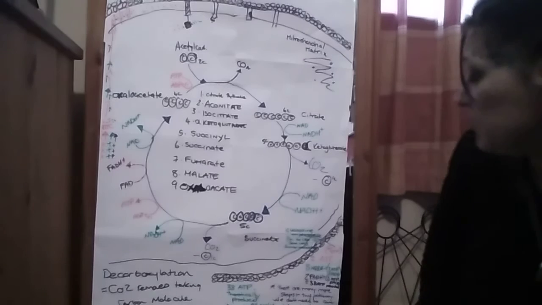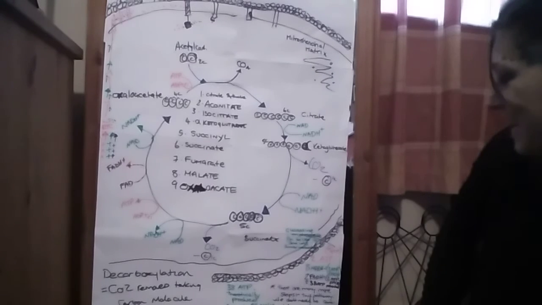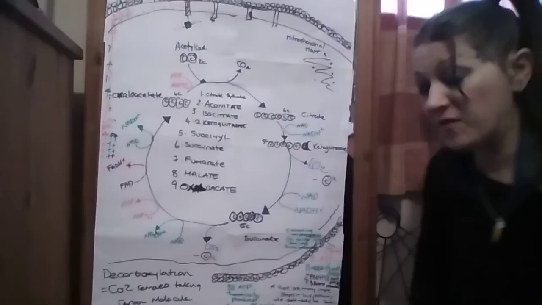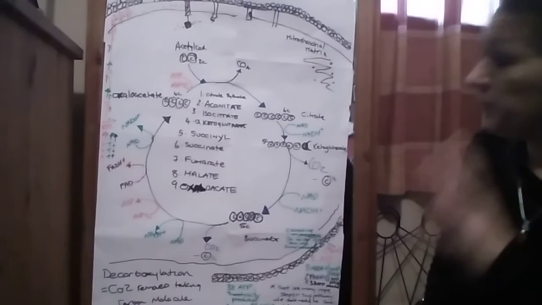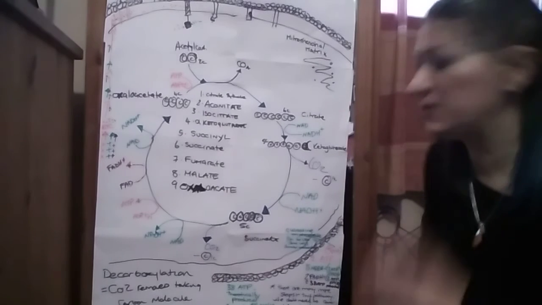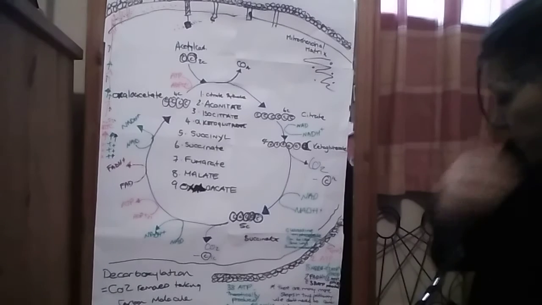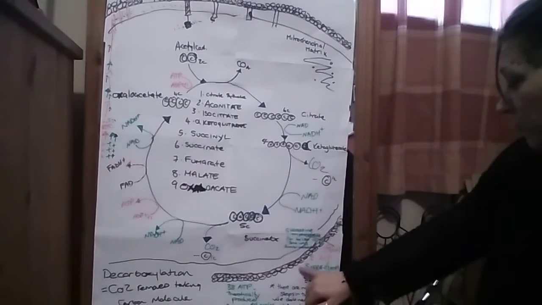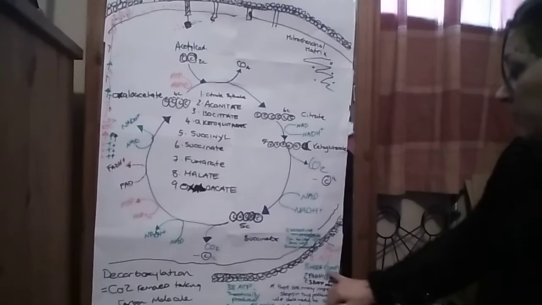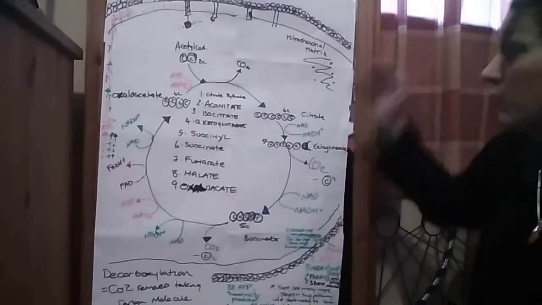At this point, I'd like to mention that GTP, guanosine triphosphate, can be used in the same way, very similar makeup as adenosine triphosphate, and is used in some pathways. I don't need to mention it here, but for the purpose of this little portion, the outcome is we've got 2 ATPs, we've got NADHs, which add up to 3 ATPs each, we've got 2 FADHs, 2 ATP, and we've got the cycle going on